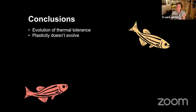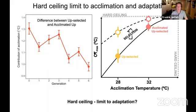Maybe it's difficult for plasticity to evolve. We thought that by having this acclimation group, where we allowed them to express thermal tolerance genes, we would evolve plasticity, the acclimation response. We thought that would evolve. If we look at these results, that would have meant the contribution of acclimation would have increased for each generation, but that did not occur,